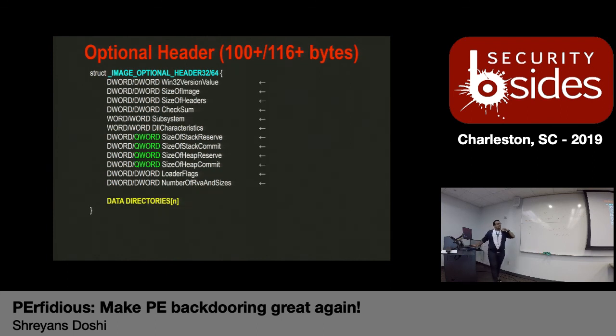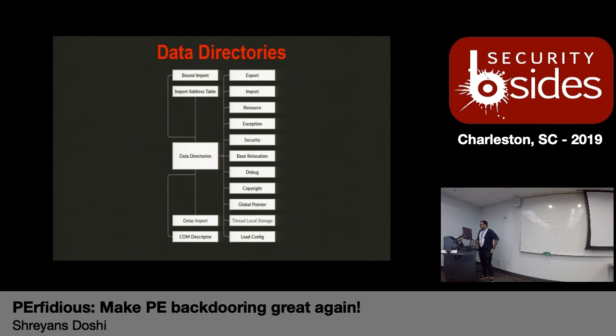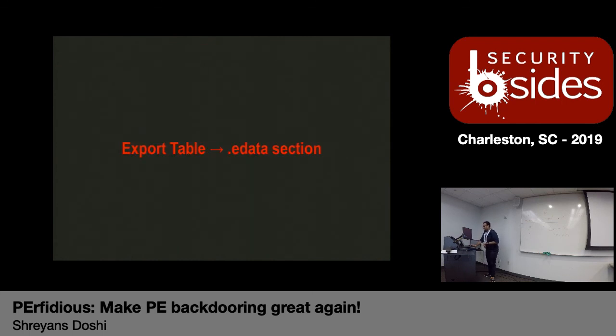Now, once this optional header is completed, it's followed by the data directories table. Data directories table basically contains information about the size of the data directories and the raw virtual address at which this particular data directory is loaded, right? These are some of the data directories that are commonly found inside PE files. Not all of these data directories will be contained inside a PE file, but some of the common ones which I'll explain are the ones that are usually found inside all these PE files, right?